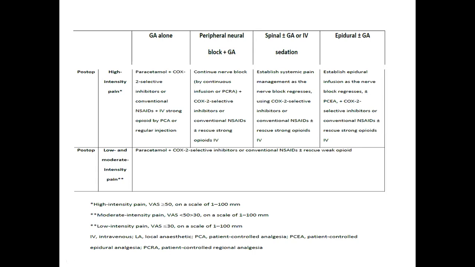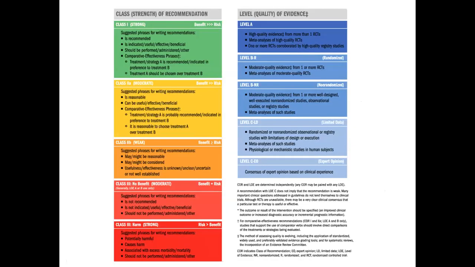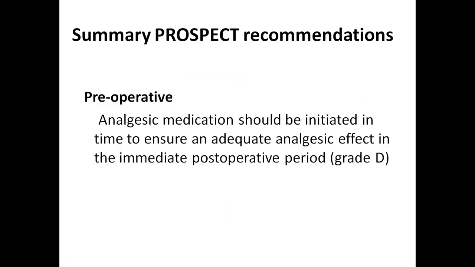One more thing is just keep on checking what is the strength of recommendation, class of recommendation, and the quality of evidence. If it's something like class 3, that means benefit and risk is almost similar. Class 3 may actually say even the risk is more than the benefit. So correlate whatever is suggested with the strength or the level of the recommendation. You must understand this to suggest it to anybody. So as I said, this is a summary of the PROSPECT recommendations.